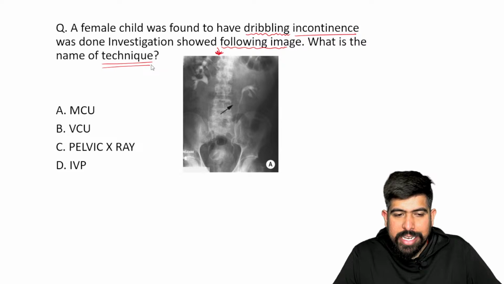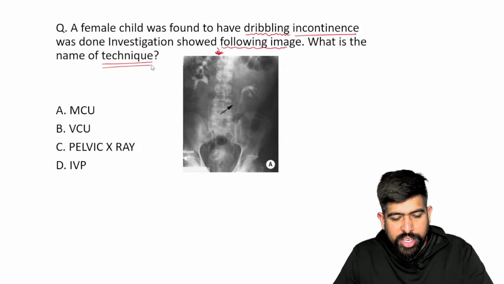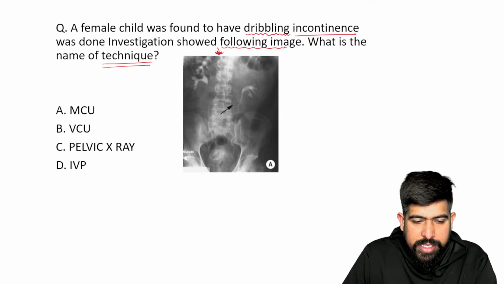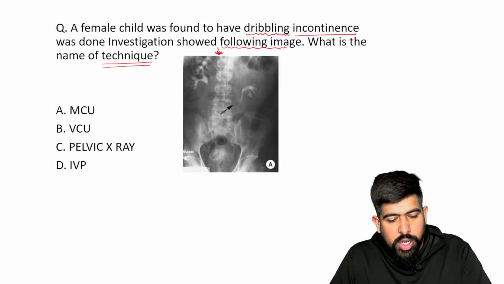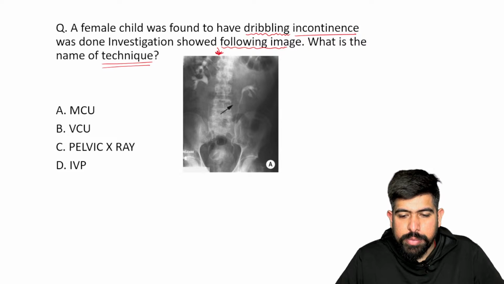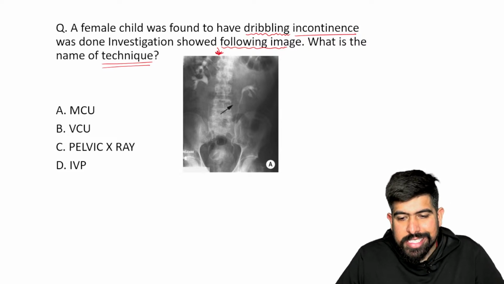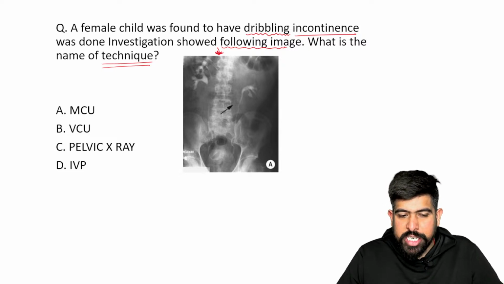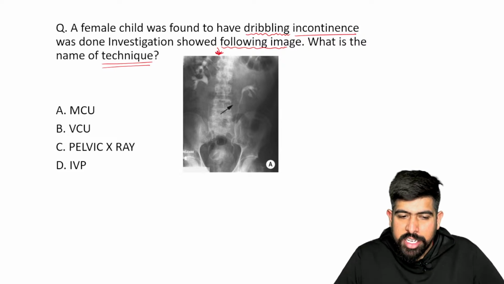Okay. So Dr. One is replying that this is the IVP and we are seeing the staghorn calculi. Okay. What about others, guys? I'm waiting for others. Is this the staghorn or is it the drooping lily? Is it the staghorn sign calculi? I agree with you. But is it the staghorn or the drooping lily sign? Can you differentiate between both of them, which are both seen on the IVP, right? Intravenous pyelogram.